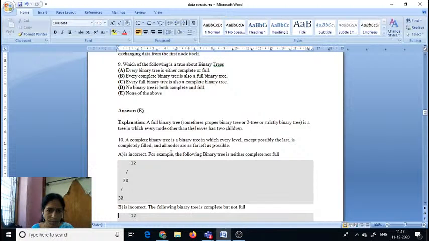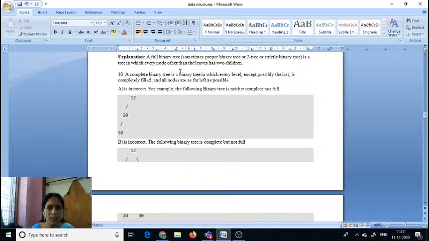Next, coming to the 10th question. A complete binary tree is a binary tree in which every level except possibly the last is completely filled. So a complete binary tree is nothing but a binary tree in which every level except the last level is completely filled, and the nodes are as far left as possible. From left to right only elements are stored. Okay. So from these A, B, C, D options, which one is correct? So is incorrect. For example, the following binary tree is neither complete nor full. So first statement,